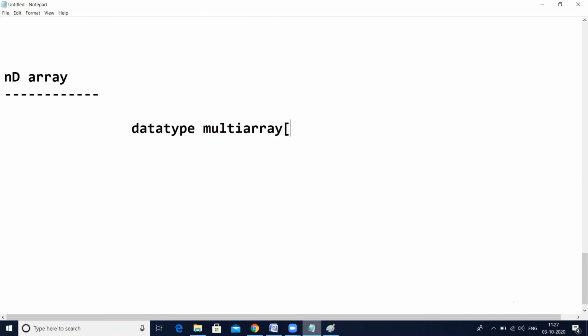See, first size 1, then size 2, then size 3. Like that we can give size n. This is a multi-dimensional array declaration.